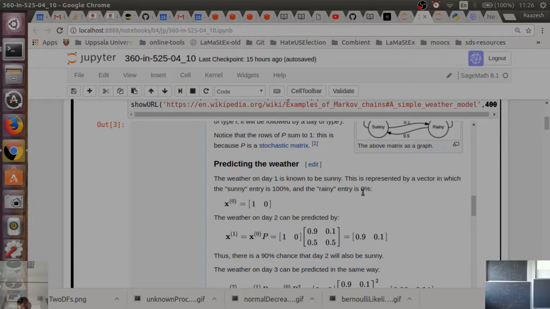There's 0 chance of being rainy today, and we know it's a sunny day. So this is how you'll start the initial state. And then to get the next state, I use lowercase bold p, but they use capital X, which